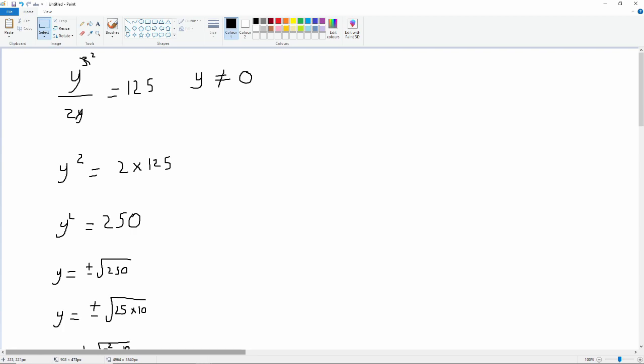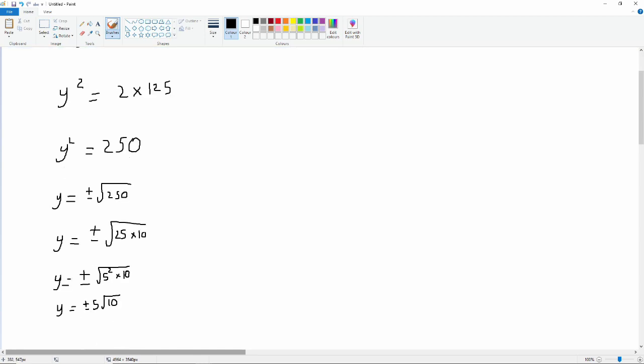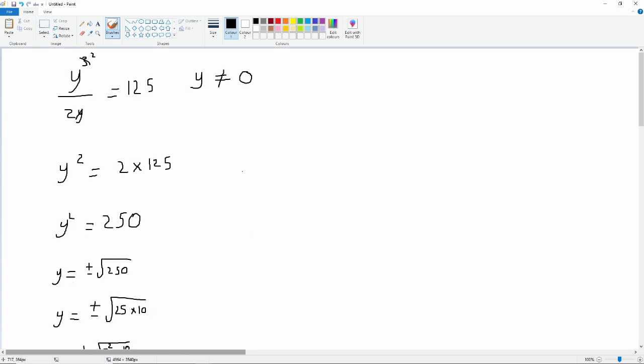We can chop the y off the denominator and chop one of the three y's off the numerator, so we've just got y squared divided by 2 equals 125. We've stipulated that y is not equal to 0, so we're not losing a solution, and then we can run through and say y squared is equal to 2 times 125. Nothing wrong with multiplying both sides by 2. That gives us y squared equals 250. y is plus or minus the square root of 250, which, if you do a bit of surds, comes out to y equals plus or minus 5 root 10. That's perfectly legal. What we can't do is multiply both sides by 2y